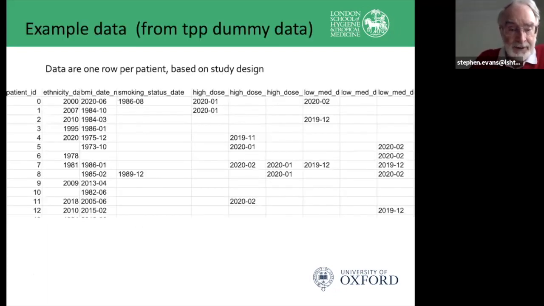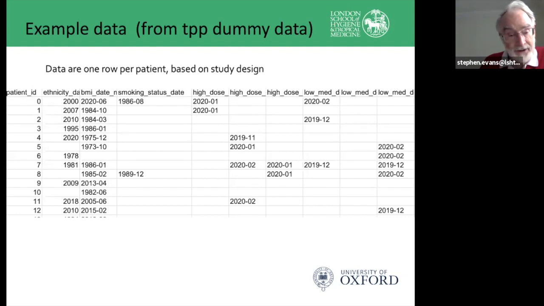Now, the TPP data will have a whole lot of information, and the way that OpenSAFELY works is that we get out data that is 1 row per patient based on the study design. And here we have a hypothetical set of 12 patients for whom we have the date on which their ethnicity was recorded, the date of their BMI, their smoking status date, when they had a high dose inhaled corticosteroid and when they had a low dose one. And we have various dates for these